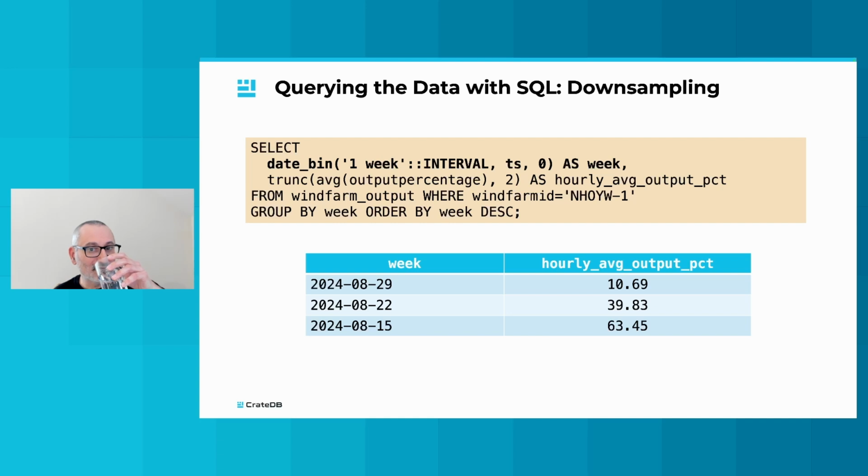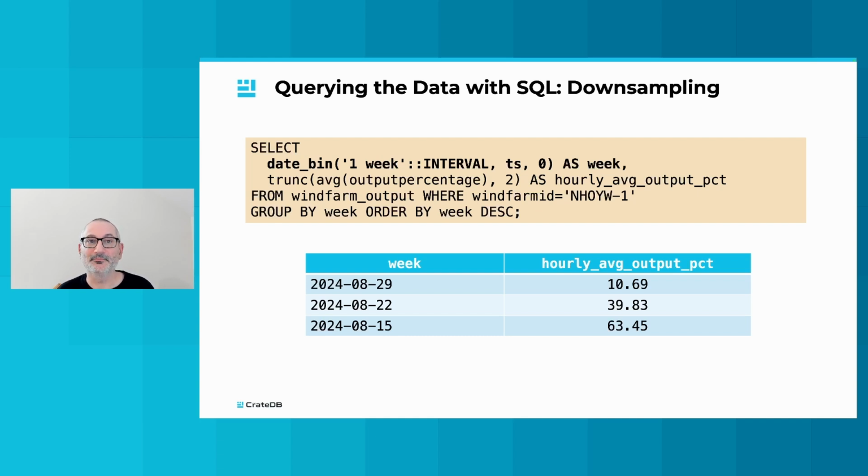So moving along, we quite often also want to take a step back from the data. We've got hourly data at the minute. We might want to look at larger time periods, so a week, a month, a year, etc. So rather than seeing this forest of individual data items, we might want to take a step back and look at the bigger picture. We can do that in CrateDB with downsampling, which is a technique that is supported by